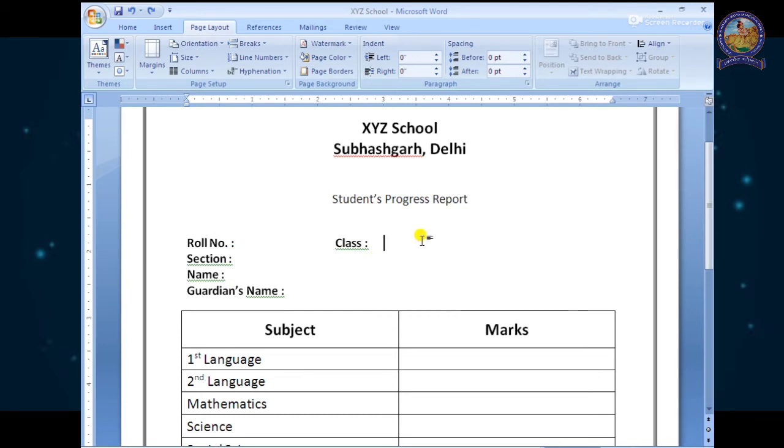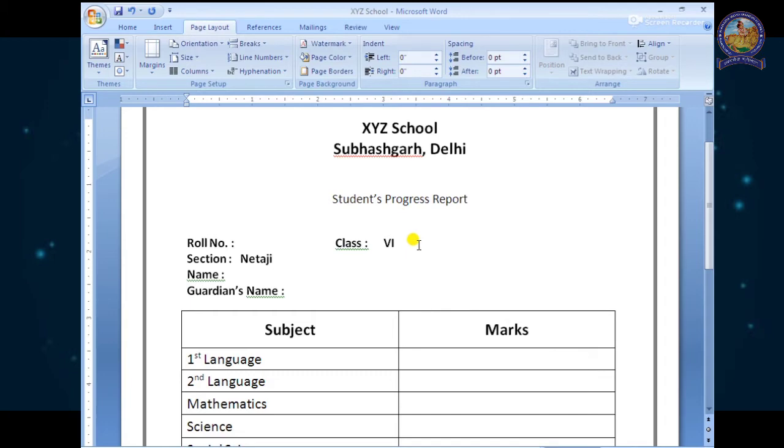So let's say the class is class 6 and the section name is Netaji. So here we will do the mail merge with this existing document with the data source where the data are kept.